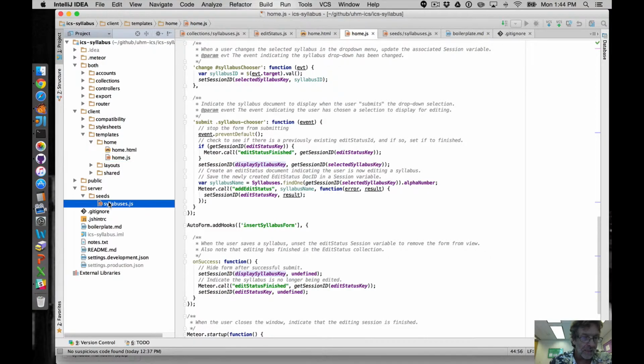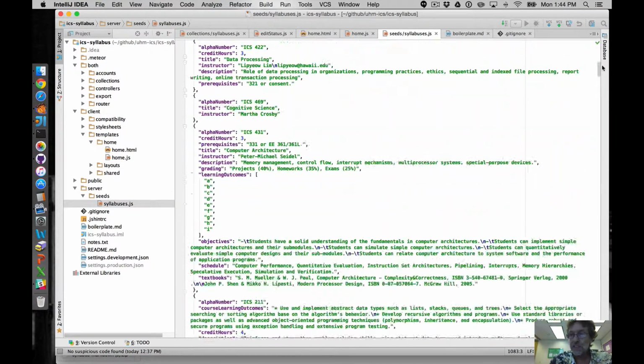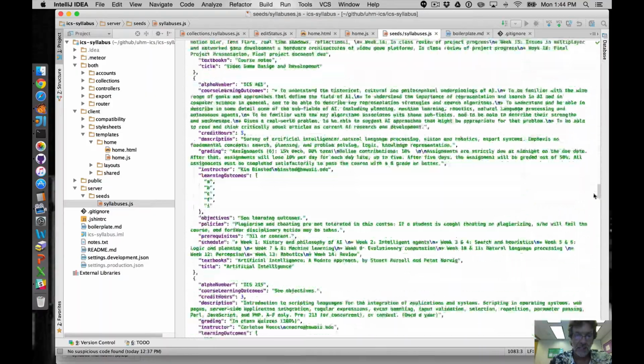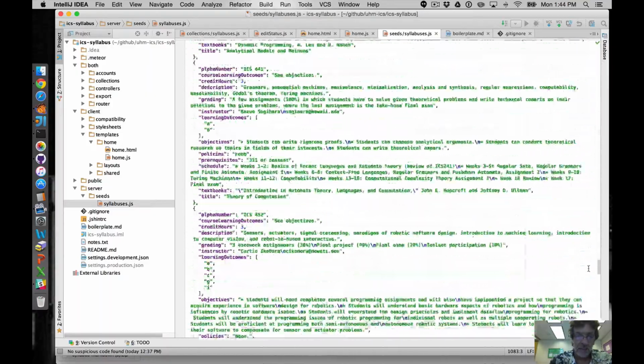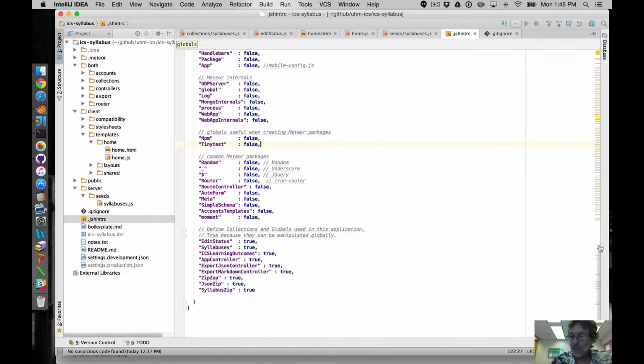On the server side, as I said before, I predefine all the syllabuses. So that starts up here, and then at the bottom of this method, I initialize the syllabuses if there aren't any defined syllabuses, and then I initialize the users if there aren't any defined users. Other things to note is my JS-hint-rc file